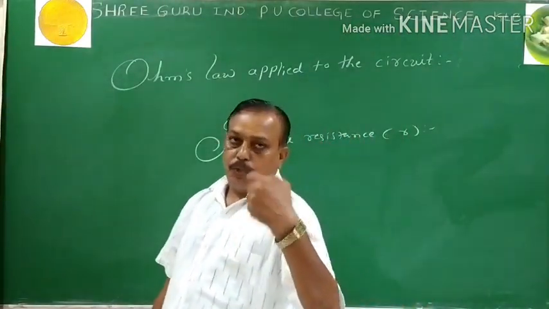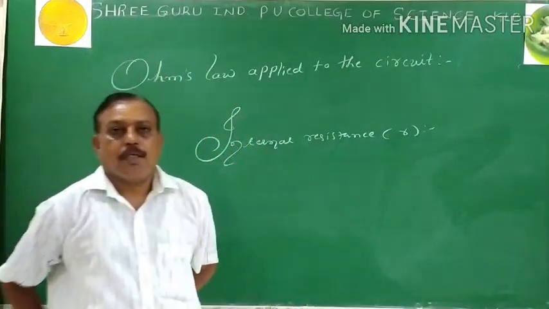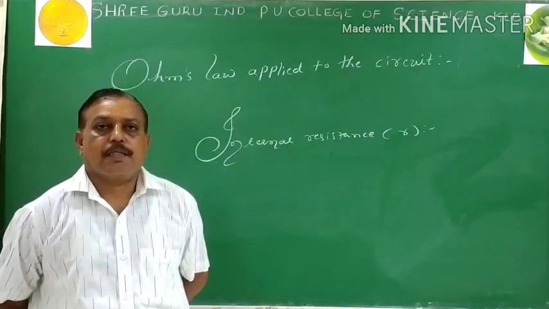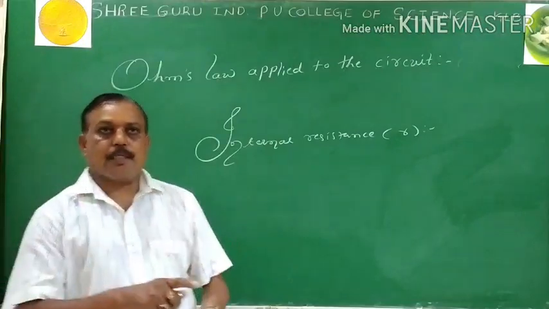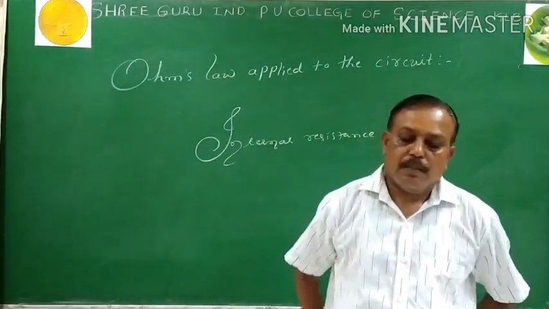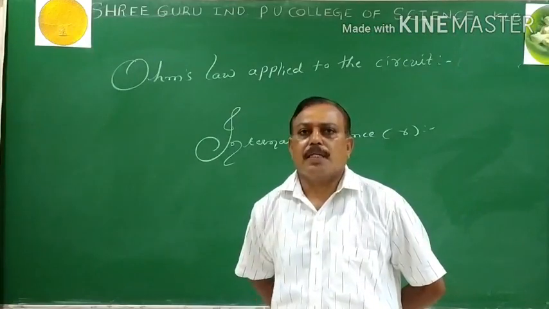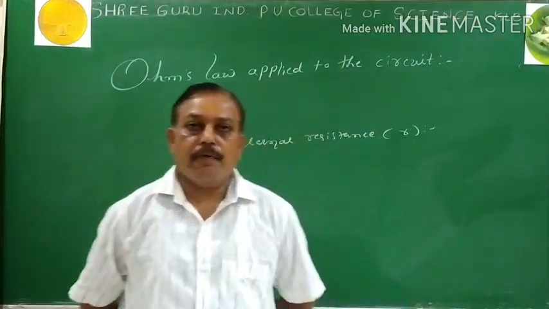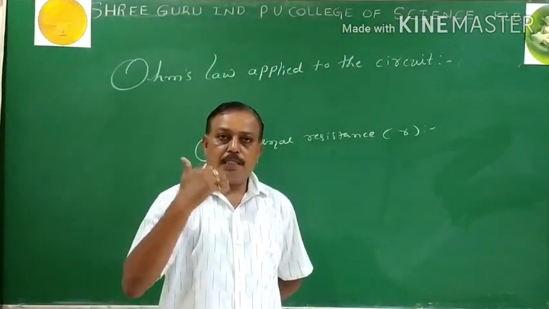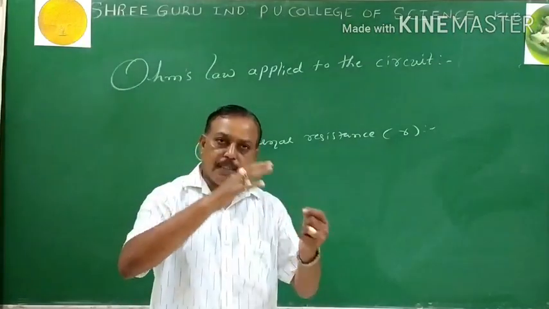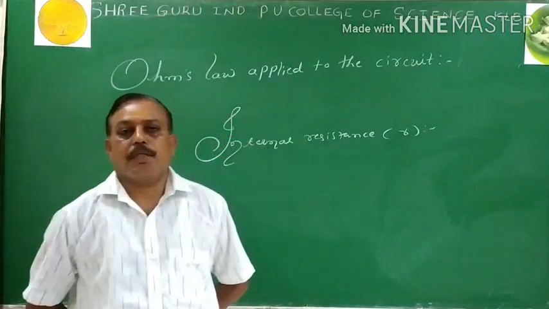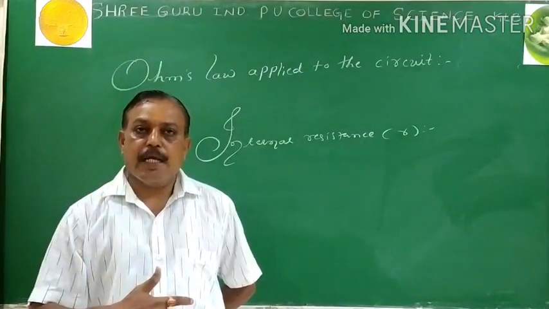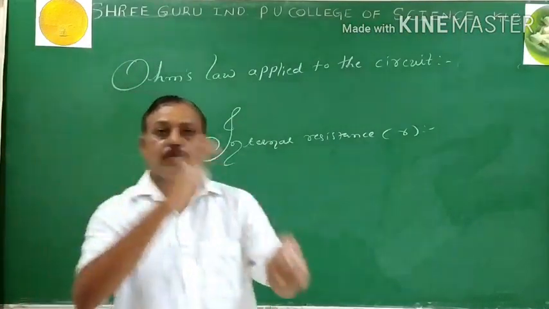We use the cell for a clock. When you put the cell in the clock, it runs very nicely. As the days pass, your watch does not show the proper time. It is somewhat lagging. Then you come to know that the cell is weak. Earlier, when you purchased the new cell, it had the least internal resistance and provided a large amount of current, sufficient to run your watch properly. As the cell is used, its internal resistance increases and it gives less current. Then we go for replacement of that cell for the watch.